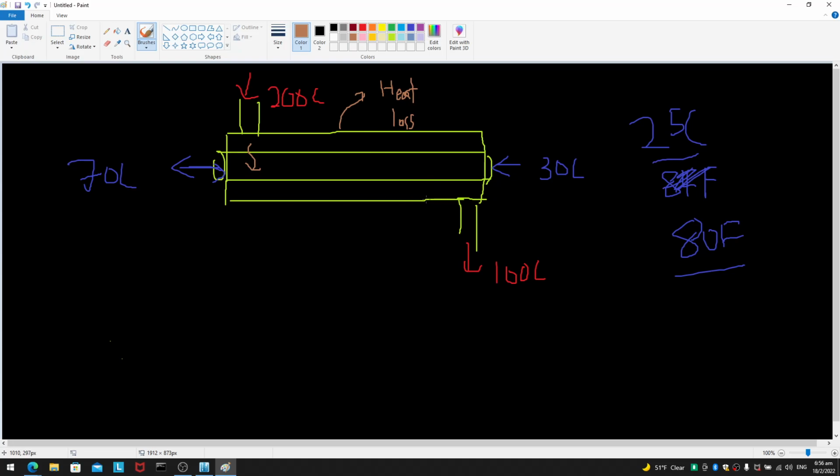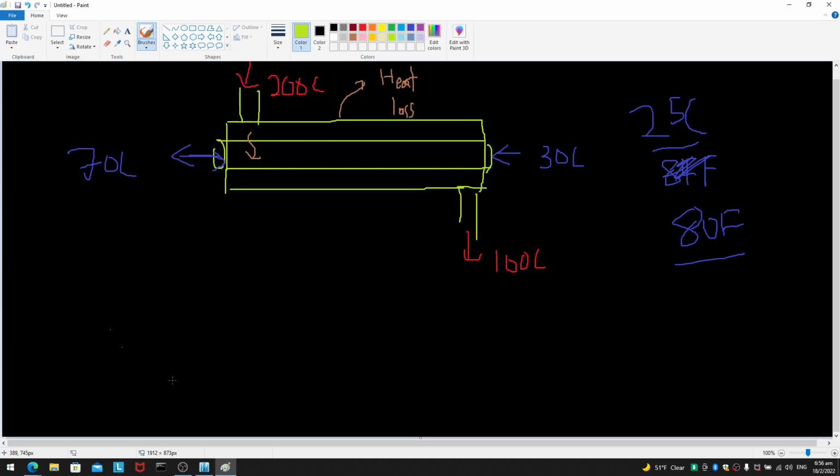And to sort of minimize this heat loss, you might need to insulate. However, if you switch the arrangement, right? If you switch the arrangement,